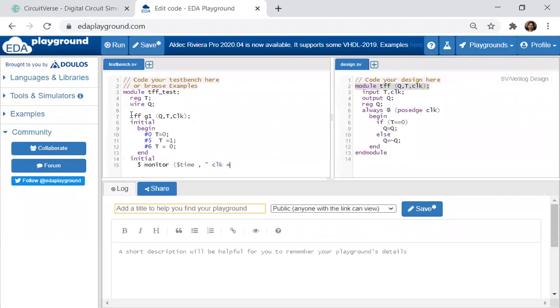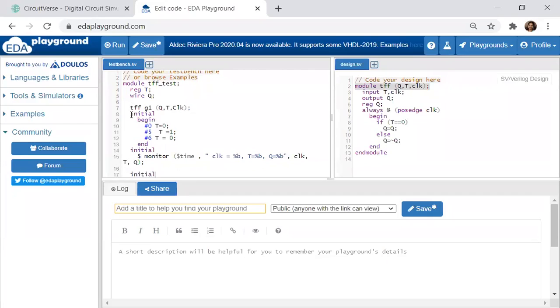Clock is equal to %b. Then I want to see T. T is equal to %b. Then I want to see Q. Q is equal to %b. So this is clock, comma, T, comma, Q. This is done. Then I need an initial.